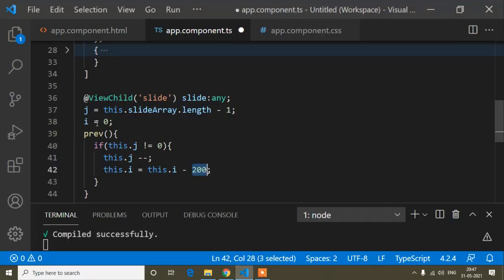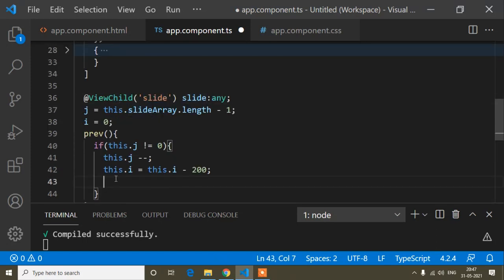First of all, i is 0, and after that i's value is 0 minus 200, that means minus 200.